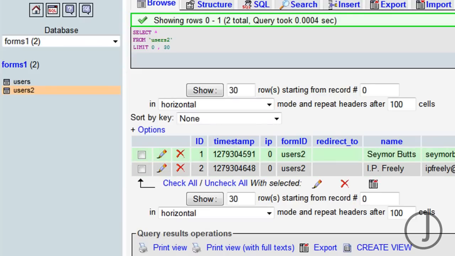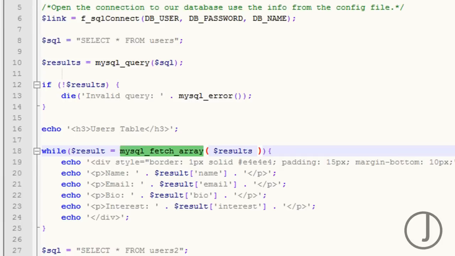So based off of the query, MySQL will return a resource that has this information in it, but again, not able to be manipulated by PHP. So whatever your query was, it will return a resource based off that. What this fetch array does is it turns that resource into an array of data